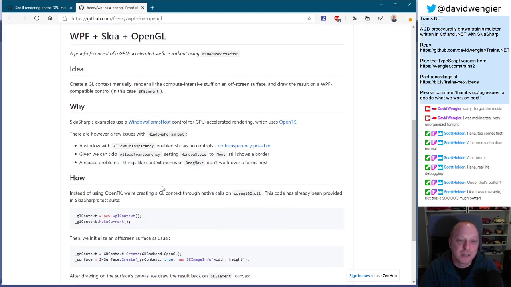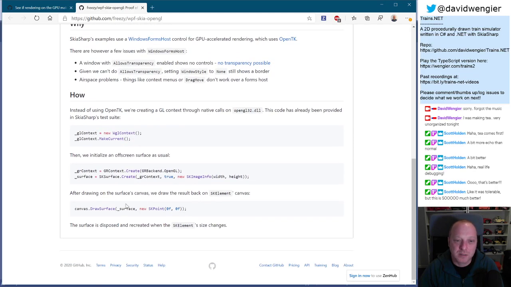Yeah, I found this little thing. So apparently, with SkiaSharp there is a way. It uses OpenTK to do GPU accelerated graphics like OpenGL, but that needs an HWND, like a Windows handle, if I'm reading all this stuff correctly. It works fine in WinForms, but in WPF you can only do it if you use a WindowsFormsHost to get access to WinForms, but then there are problems like with transparency, which I don't really care about. But anyway, there are airspace problems. So I don't know if I care about these problems, but this little sample